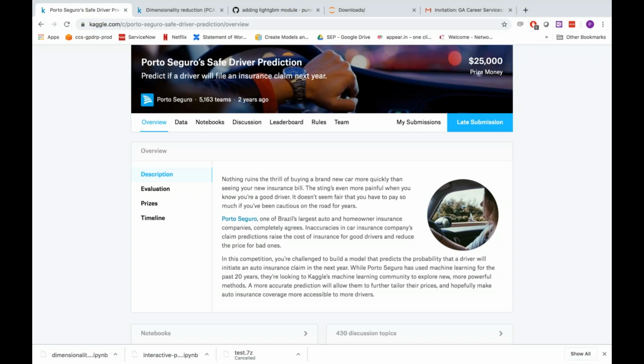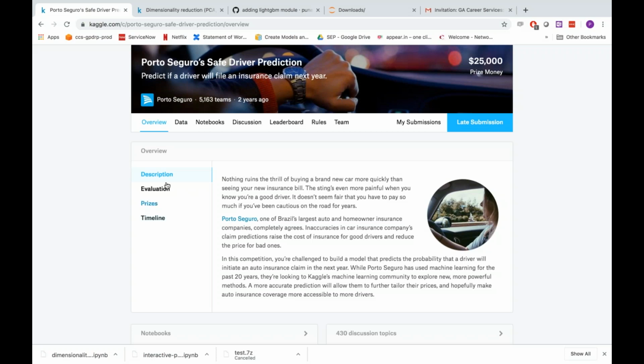Now, you might think that selling more policies at one particular stage is profitable, but if your number of claims at the same time increases, it's actually going to cost you more, even though you wrote out more policies to start with. So, for any insurance player, predicting whether a person is going to claim next year or not is a very big challenge. And this was again a similar exercise that Porto Seguro wanted us as Kagglers or data